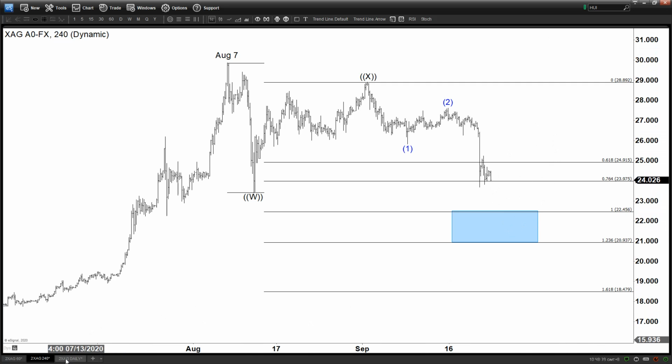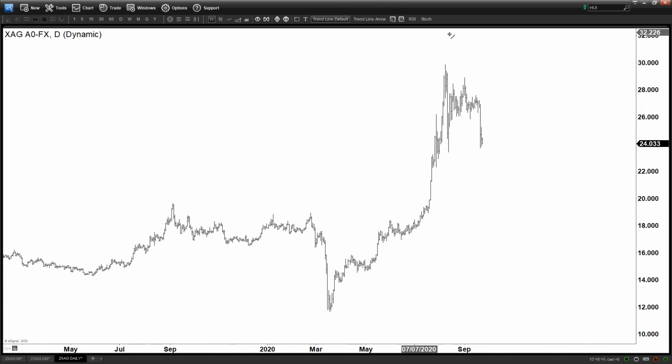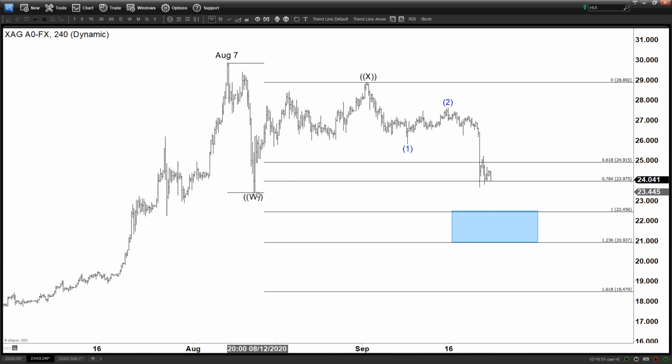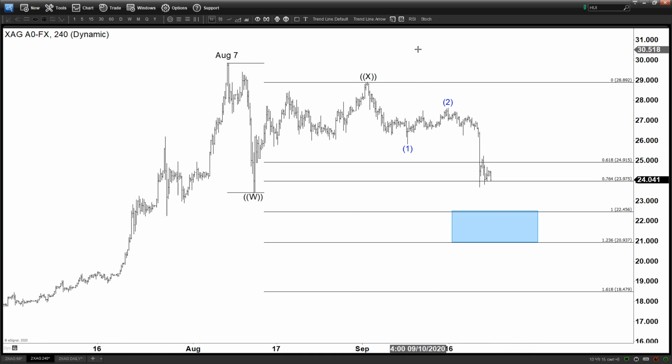Now on the larger time frame, on the daily, there are a couple of other possible supports. If we just use a simple trend line from the March low here, then we can get around $23 as this rising channel, possible support. So we might break below here just marginally, maybe missing the 22.5, maybe hitting this trend line around 23 and also reverse. Like I said, this is the ideal target,